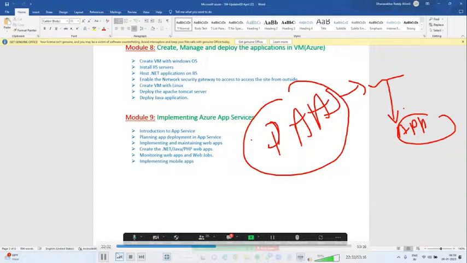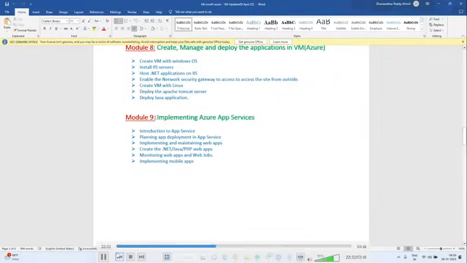First thing, App Services. App Services are a ready-made environment where we can host our applications, any type of application: .NET, Java, PHP, web apps, mobile applications, gaming applications, anything.